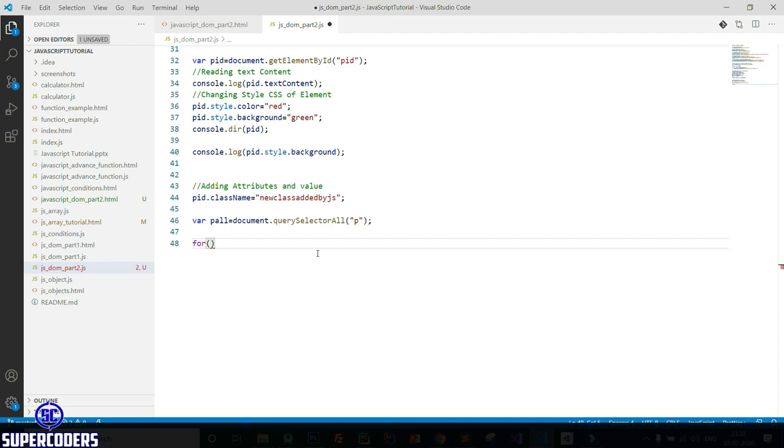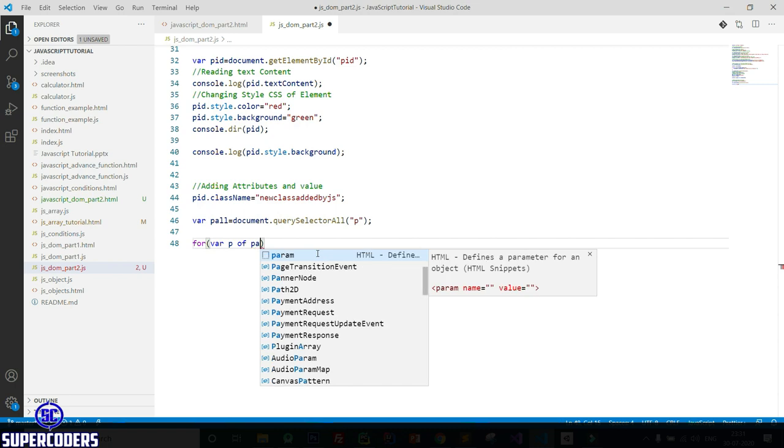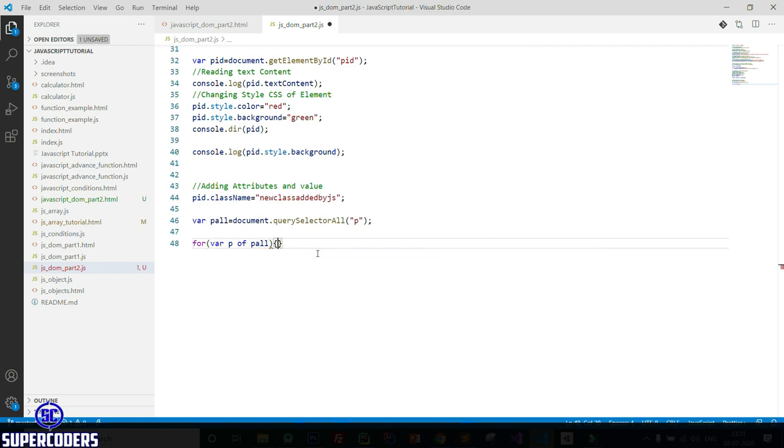So here you need to use a forEach loop or another way. Let's see how you can use a for of loop, which is the same as forEach. So for p of p all, each element of p all comes in p.